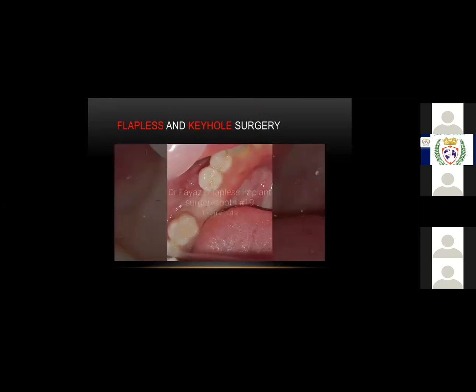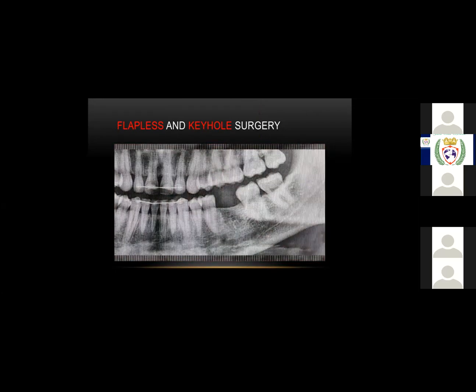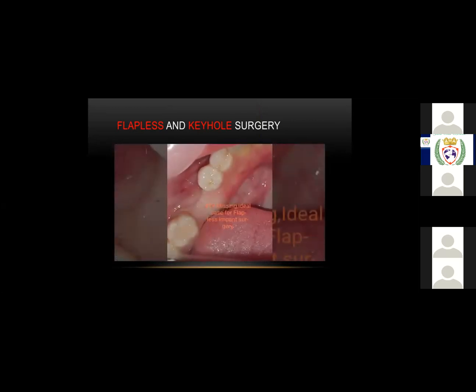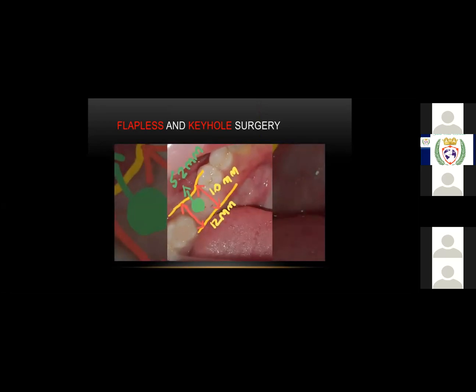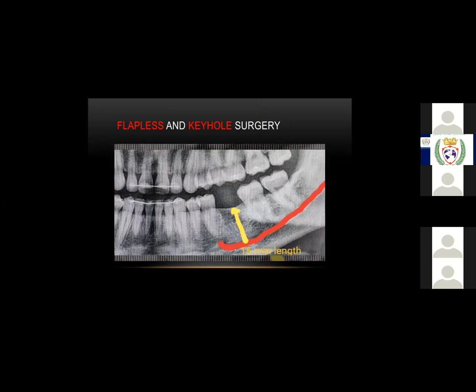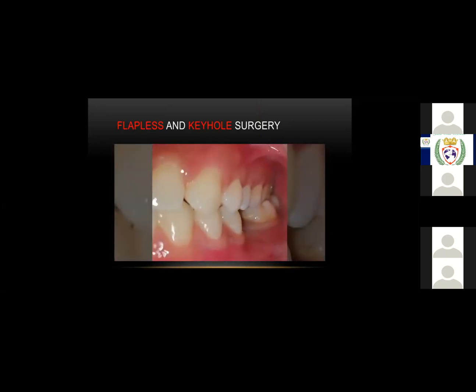So in this case, you can see a flapless implant we are trying to place, because in this radiograph, height of the bone is acceptable. There is a good width of the bone. So it's around 5.2 implant we planned, because the width is around 10 mm. So we are going to just give